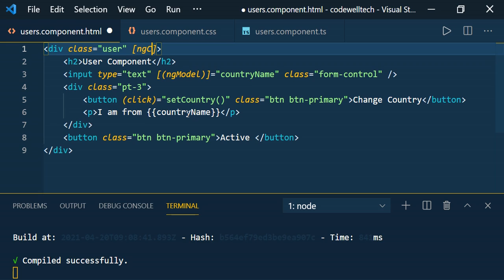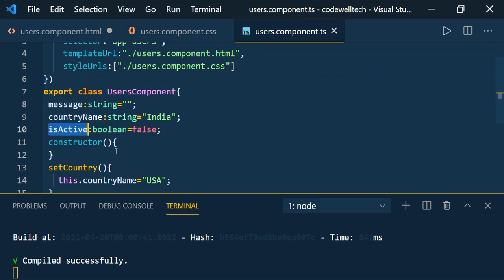So ngClass follows camel case, where the first letter of the first word is small and from the second word onwards it has capital letters. So [ngClass] equals, and use single quotes or double quotes. I am going to use double quotes, and here we have the isActive variable.